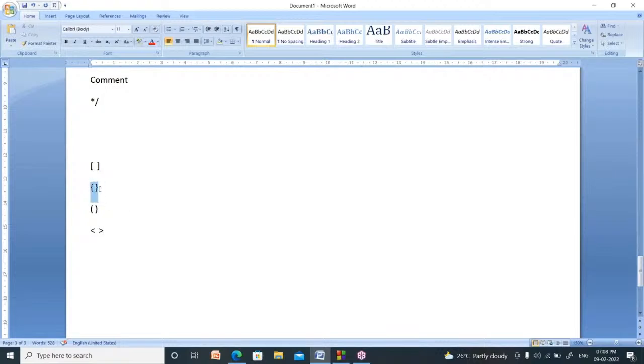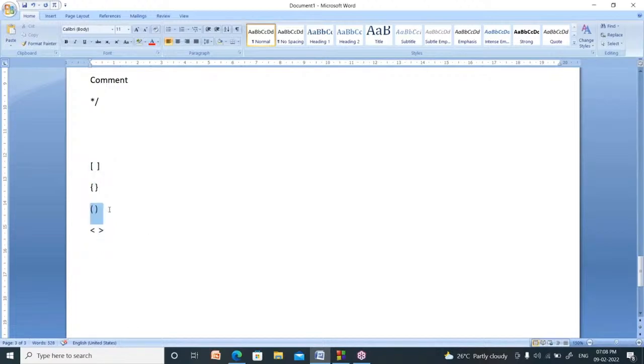After the main method, you use the open curly bracket and closing curly bracket. These two indicate the beginning and ending of a block or function. The square brackets I did not use in my program. They represent the array. Array is a concept in C programming, and I will explain it later. So these four types of brackets you can use.